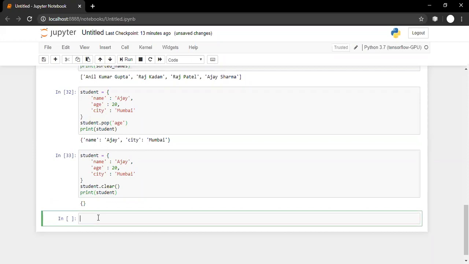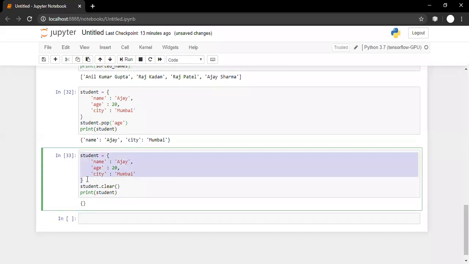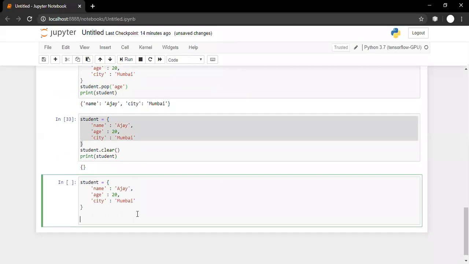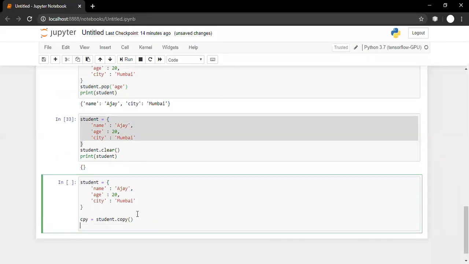And then how you can copy the content from one dictionary to another dictionary. So this is a student dictionary, and let us say I'm creating a copy. cpy = student.copy().